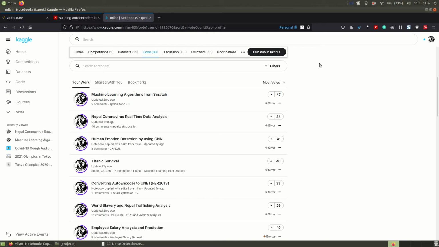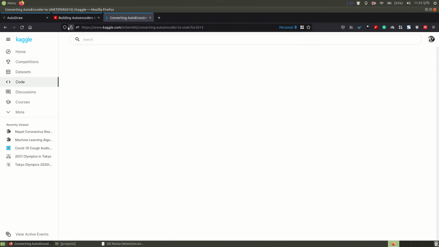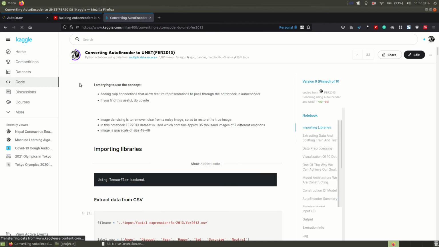Besides that, I have also seen researchers use tumor data sets, brain images, and document noise removal. So I used the FER 2013 facial emotion recognition data set and tried to